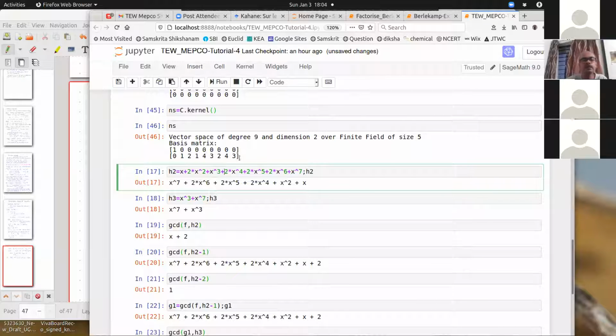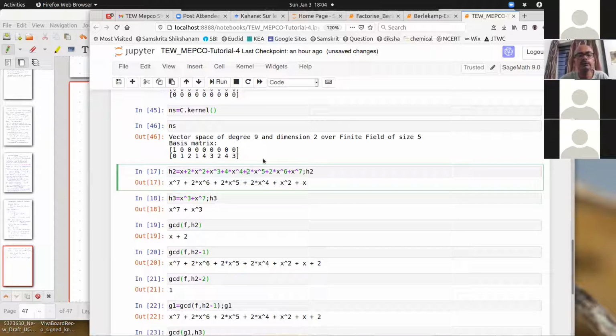The first vector is of no use for us, it's just the constant polynomial 1. This corresponds to x. So x has coefficient 1, x square has coefficient 2,